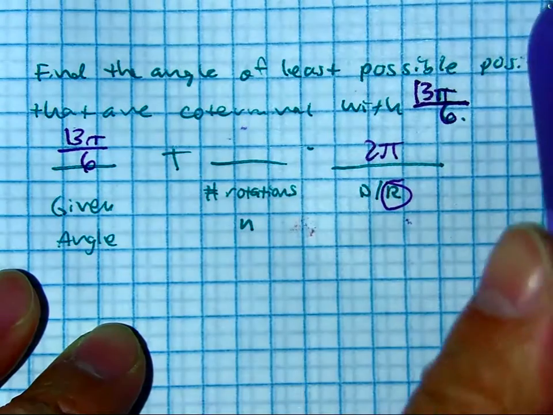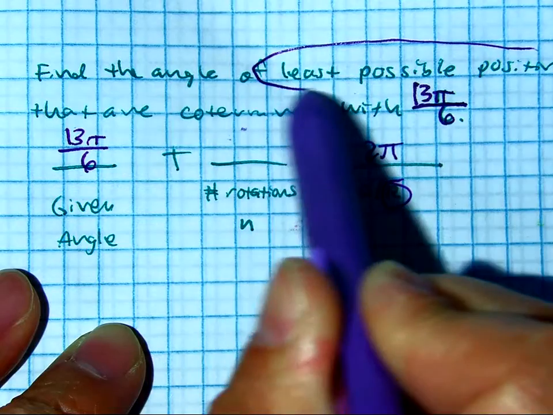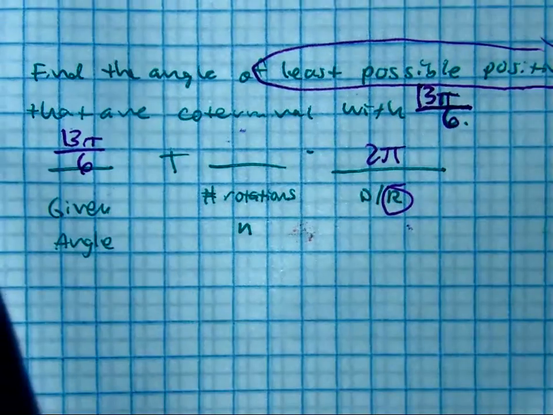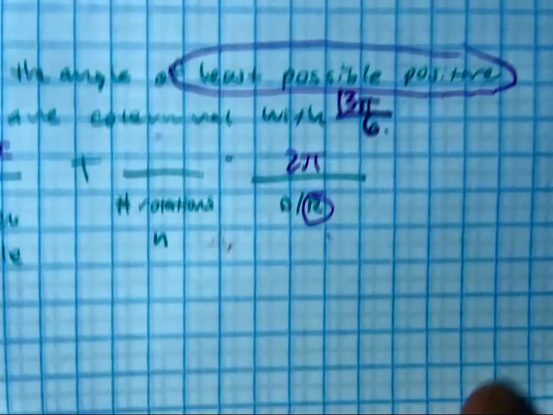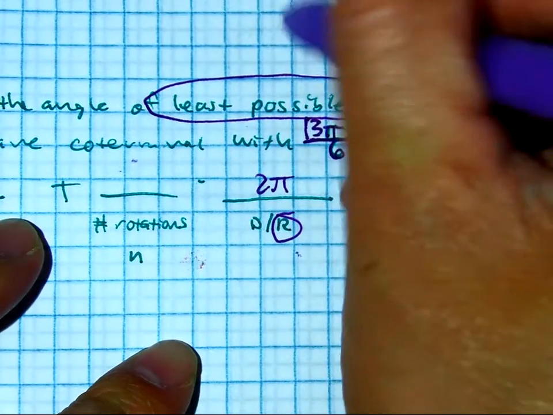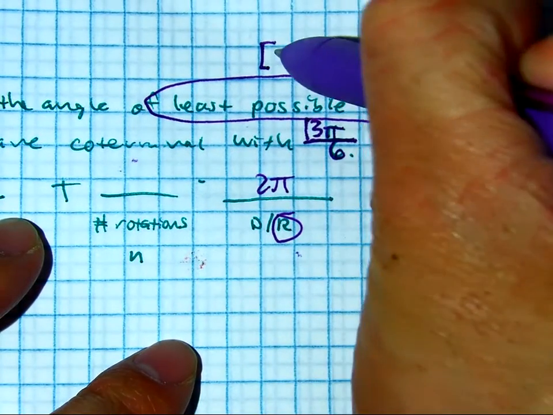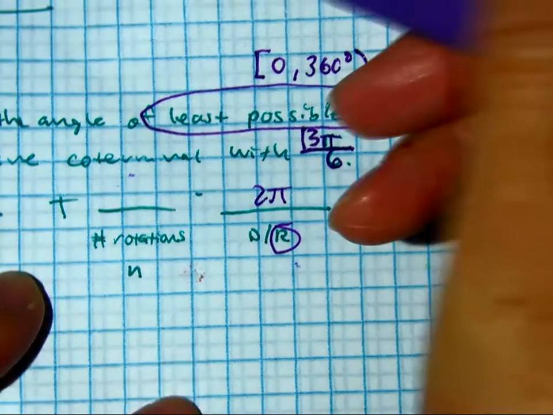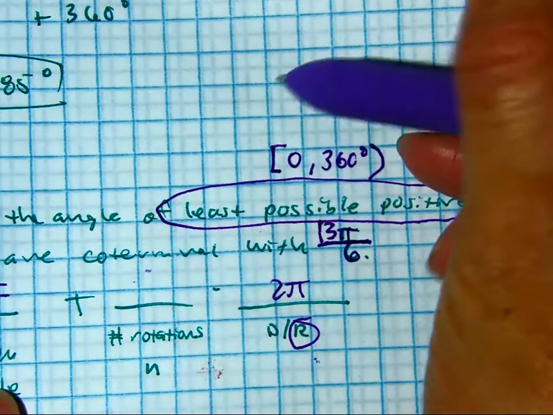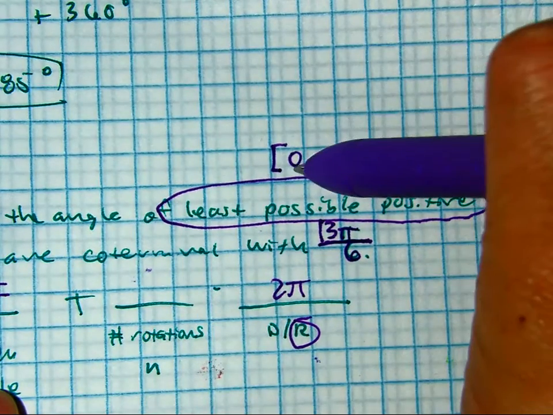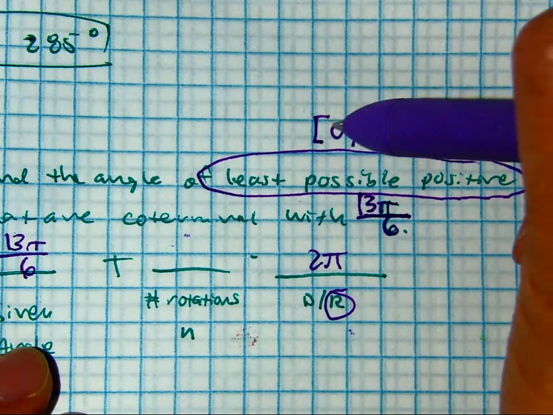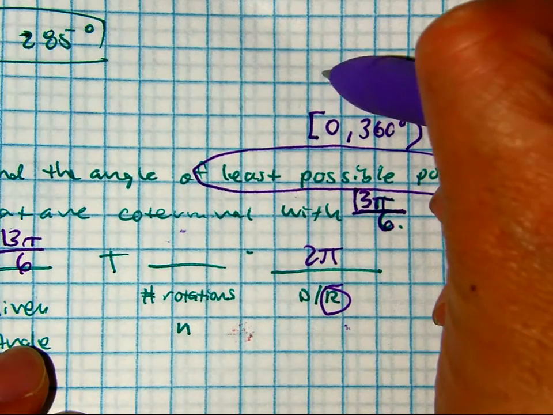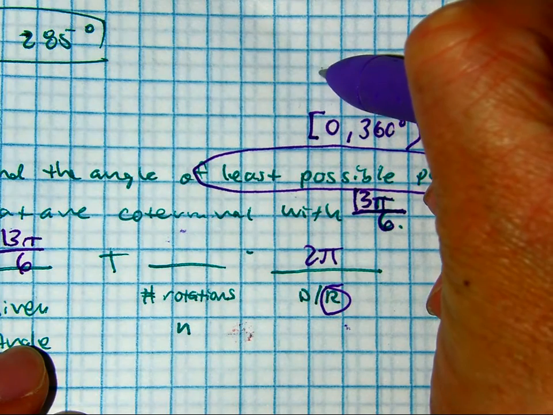If you circle those words, "least possible positive" means that our answer has to be between what? It has to be between 0 and 360, or we don't have degrees now, we have what? We have radians. And remember, this is interval notation. I'm including 0, but I'm not including 2 pi. So watch this. Between 0 and 2 pi,